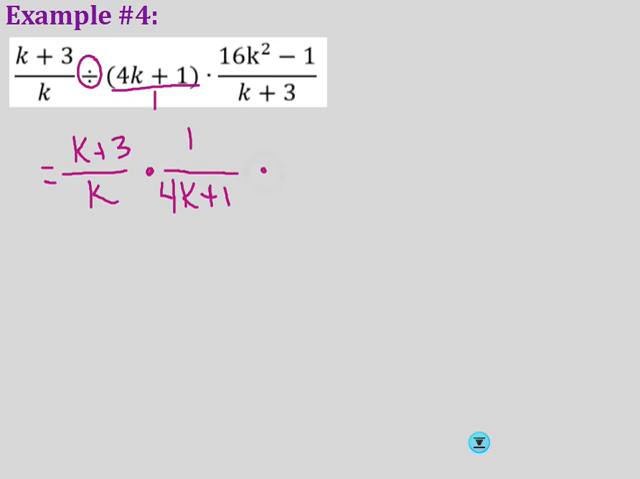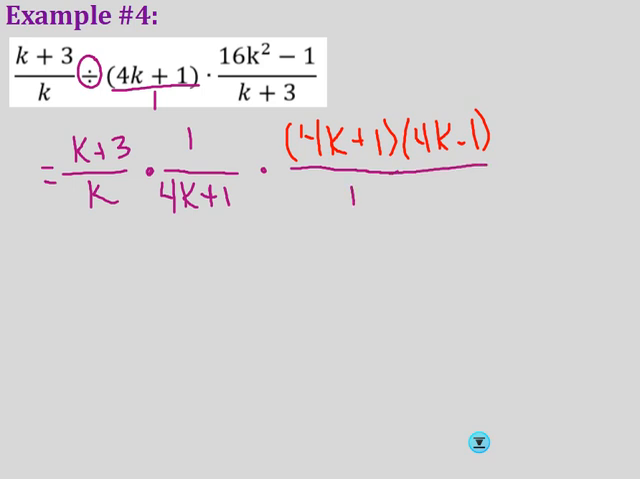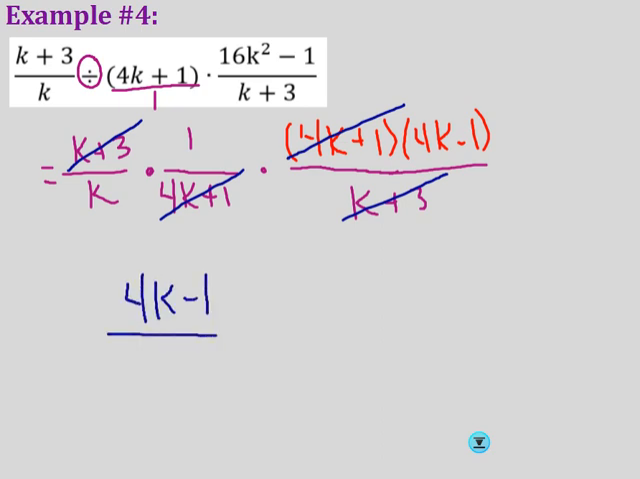This last piece, the only thing I need to factor in this whole problem is this numerator here. Remember, it's a difference of perfect squares. So it'd be 4k plus 1 and 4k minus 1 all over k plus 3. And then we can simplify k plus 3, 4k plus 1, 4k plus 1. And I'm finally left with 4k minus 1 over k, where k cannot be,